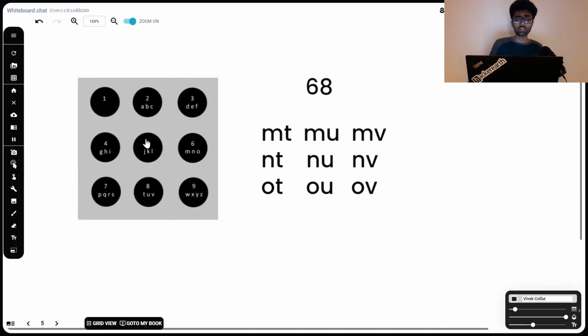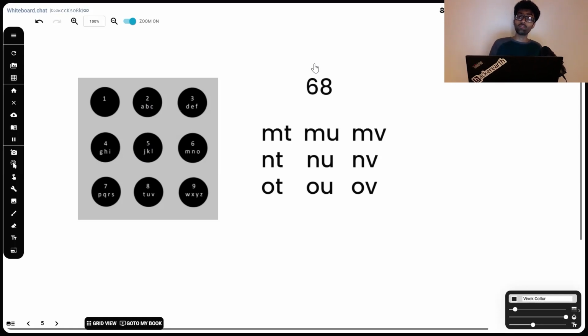If you wanted to send a message to someone, say you wanted to say HACK, the number you'd send to them would be 4, 2, 2, and 5. That would be HACK. However, 4225 could also represent GACK, could also represent HABJ. Like that, we've got to output every single possibility that number can denote in ascending order. And here we're given an example, 6, 8. 6 can represent M, N, or O. 8 can represent either T, U, or V. So all possible combinations are MT, MU, MV, NT, NU, NV, and OT, OU, OV.